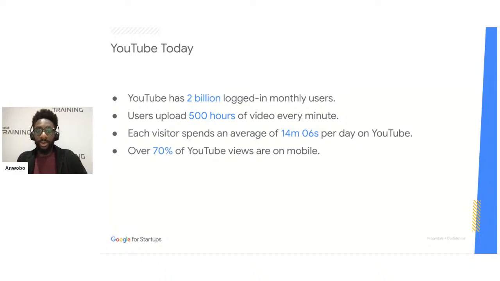The days of low 2G speeds and everything are long gone. Everyone's probably got really good data on their mobile plans. And also we have smartphones that can all access Wi-Fi. So therefore, a lot of the time we spend on YouTube will be done on mobile devices, which means as an advertiser, you're always able to reach your users on the go wherever they are utilizing those devices as well.